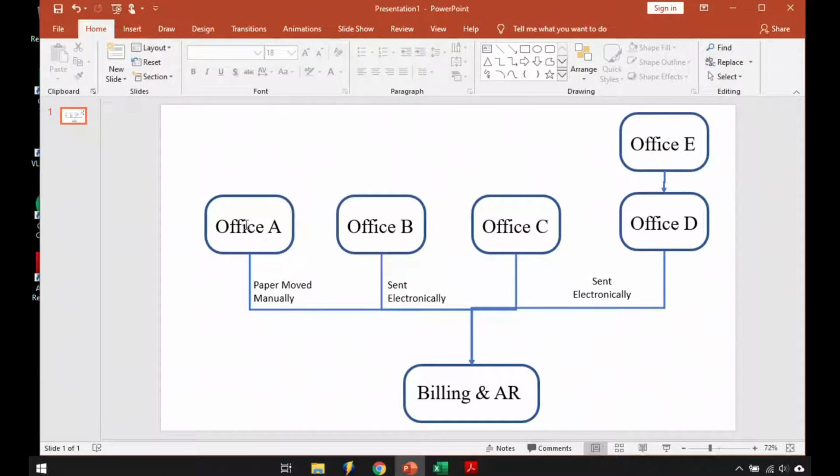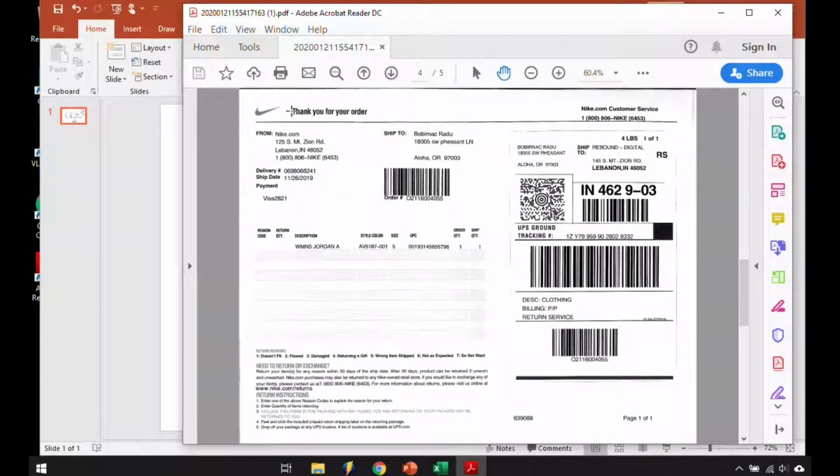What this means is that offices A, B, C, and E must contain printers that are capable of OCR processing, or in other words, putting a thin OCR layer over the actual PDF that has been scanned in. Most scanners on the market today are capable of OCR scanning. You'll notice that these printers do have OCR scanning capability because you can highlight that text, whereas it will not have OCR capability if, when you hover your cursor over text, it looks like this crosshairs